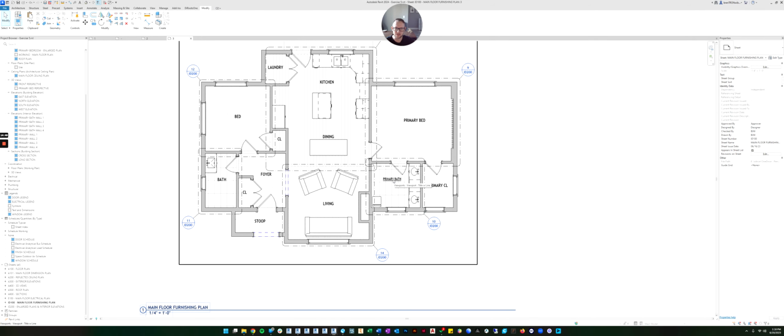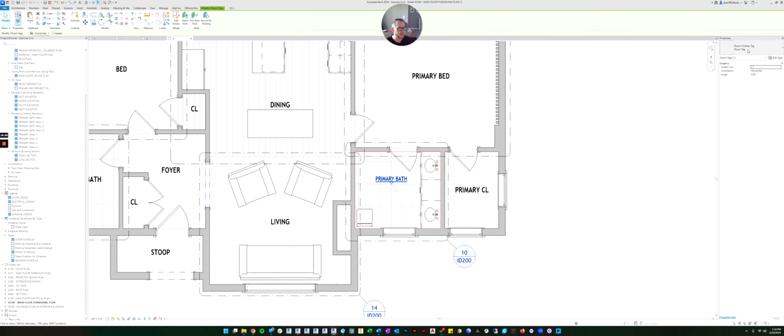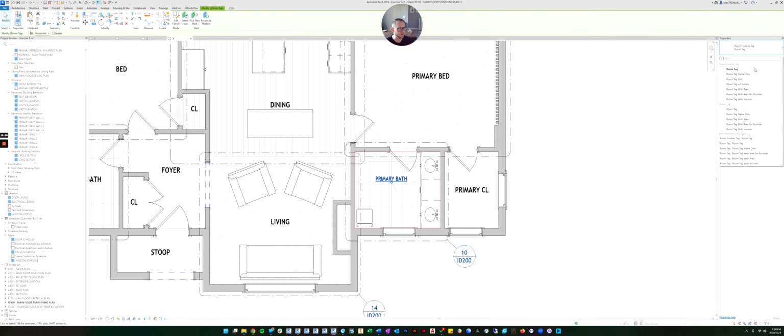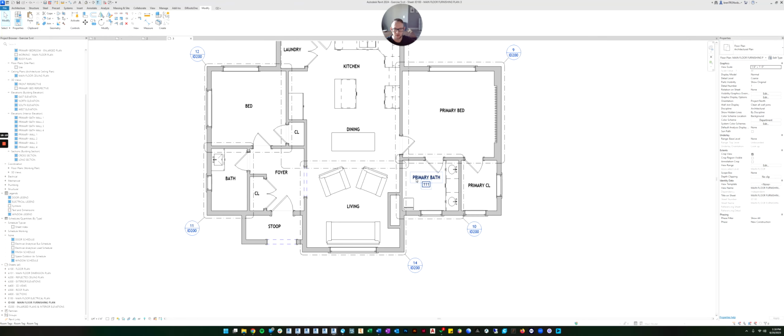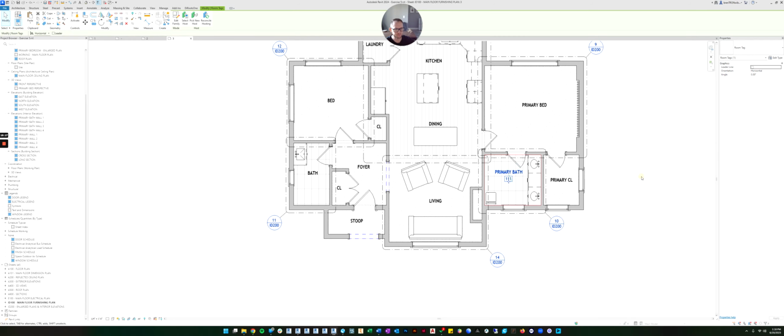So now it kind of disappeared. So let's double click inside there. Let's click here and see, do you see how when we click in there on the tag, and look at what tag is selected, it says room tag. Oh, this is another thing that's tricky. Let's change this tag back to room tag. Let's change it back to the other family that used to be there.